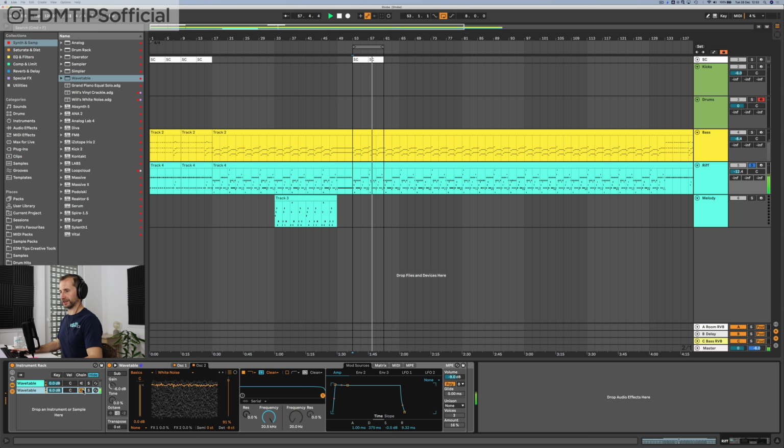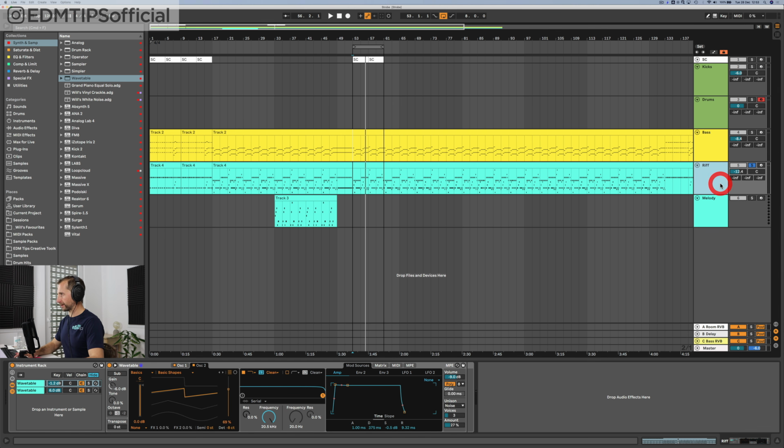It's a little bit grittier than this one, which has got a bit of unison, which makes it slightly thicker, slightly richer. Nice. Okay, now what we're going to do is add some delay effects to this riff.